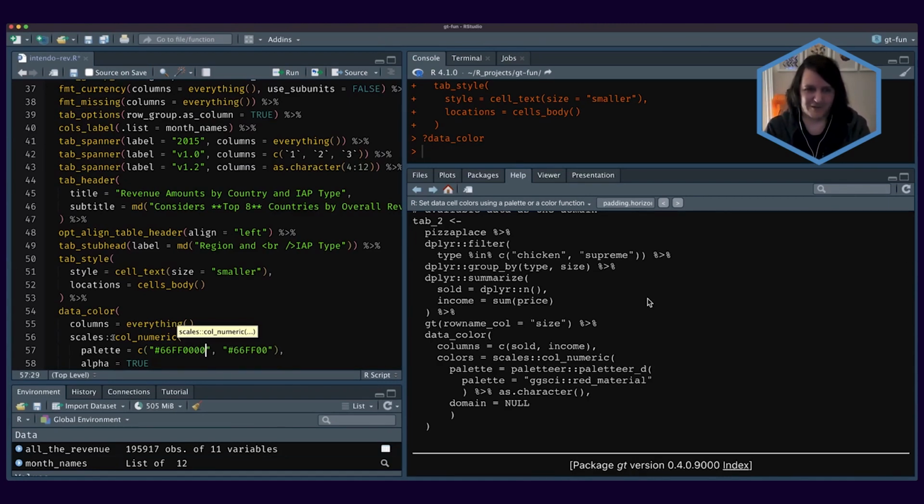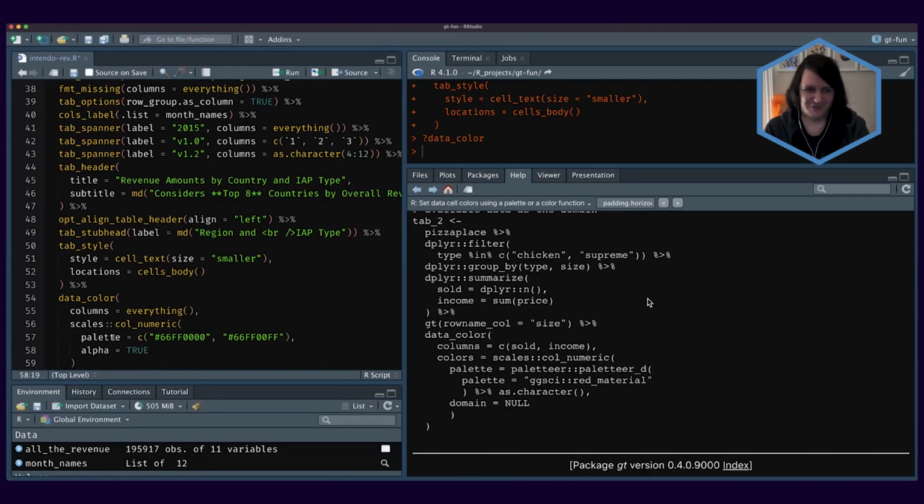So 00 alpha is there, so this is the low value, and the completely opaque one is FF. Okay, very strange the way you do it, but it makes sense. It just says whether you consider the alpha part of the color. Okay, great. And also we're going to choose an NA color,